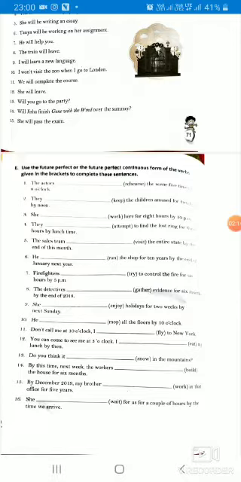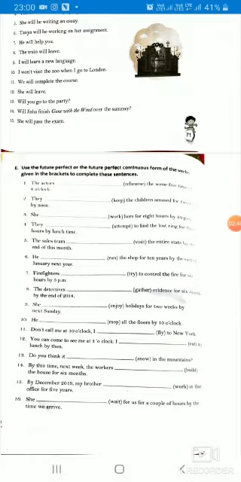Again I am repeating, we use V5 only with the third person singular number, that is he, she, it, or any single name, not plural. First person is the speaker, second person is the listener, and third person is the person about whom we are talking. So we use V5 only with the third person singular number.